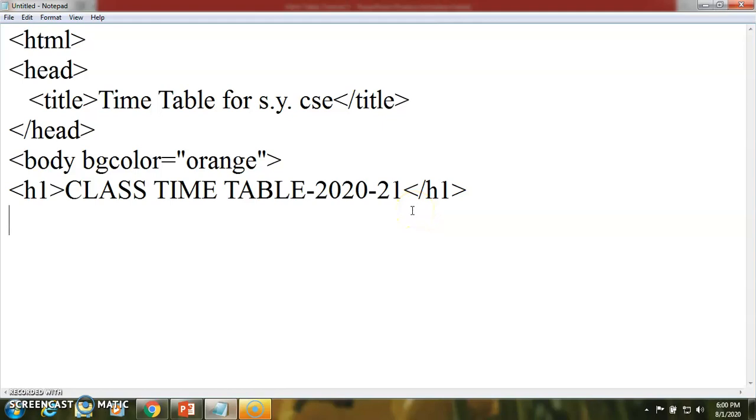Here we are using the table tag, and for this we can have some specific properties, like adding a border to that table. I'm giving a border equal to 10 in double quotes.